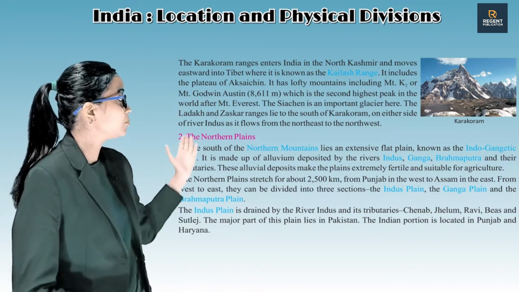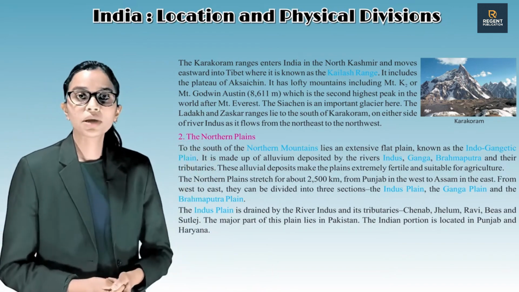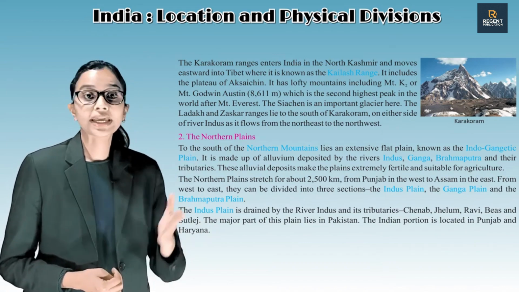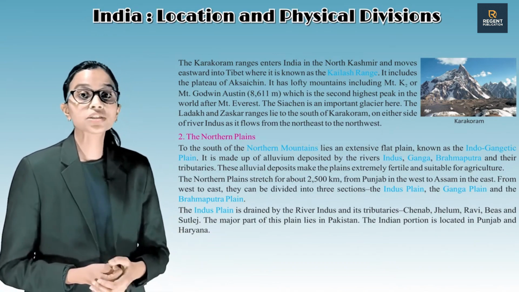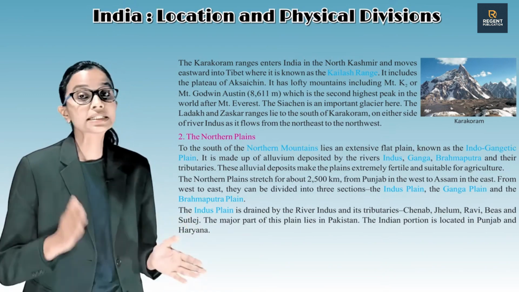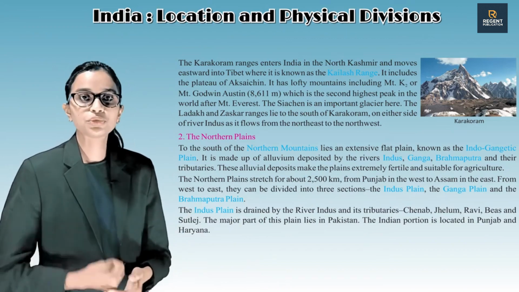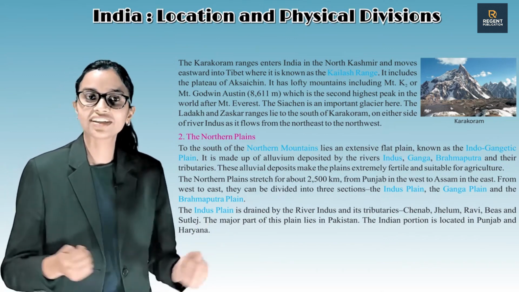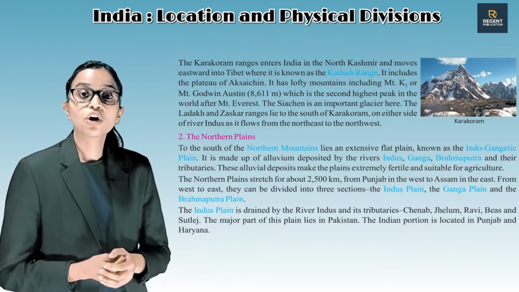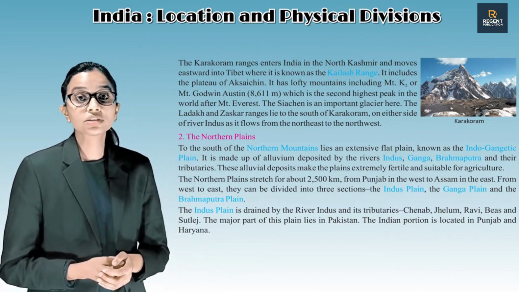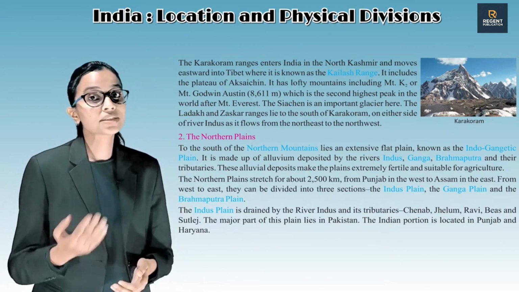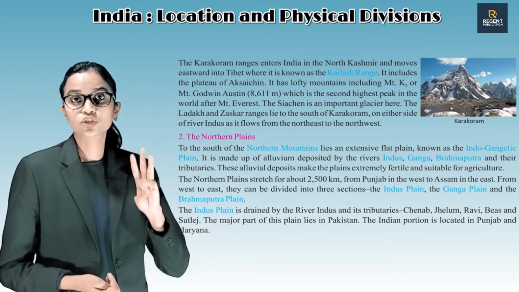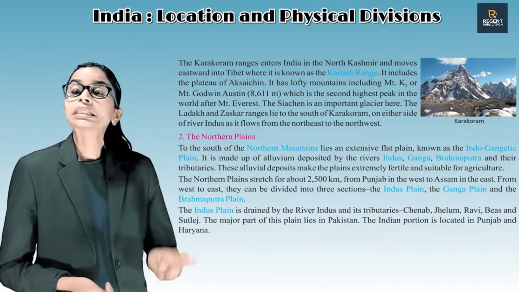Second, the northern plains. To the south of the northern mountains lies an extensive flat plain known as the Indo-Gangetic Plain. It is made up of alluvium deposited by the rivers Indus, Ganga, Brahmaputra and their tributaries. These alluvial deposits make the plain extremely fertile and suitable for agriculture. The northern plains stretch for about 2,500 km from Punjab in the west to Assam in the east. They can be divided into 3 sections: the Indus Plain, the Ganga Plain